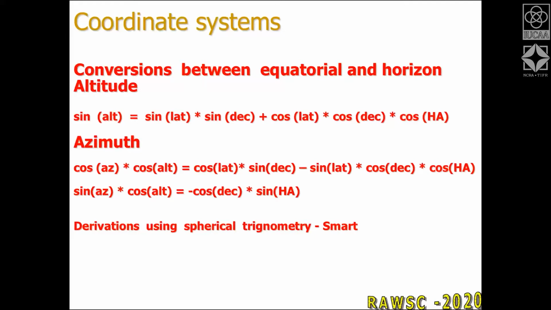But there are precision experiments where you need to consider a different coordinate system. Okay. So other than the equatorial and horizon coordinate systems, there is also a coordinate system called the galactic coordinate system, which is based on the Milky Way galaxy. Again, the reference planes are the plane of the galaxy, because we know that the Milky Way is a spiral galaxy. It's a planar galaxy. So the plane of the galaxy gives the galactic latitude.